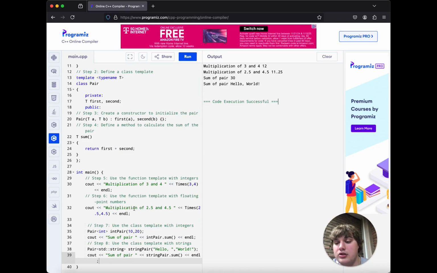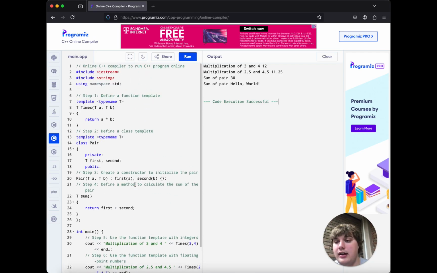And then with using strings, once again, because of our flexibility of using different data types, we don't have to create multiple functions for our strings, our floating points, or our integers. So we just change the type name T to string, and that adds our hello world together to form our sentence. I hope this template example really helped you guys out and you learned a lot,